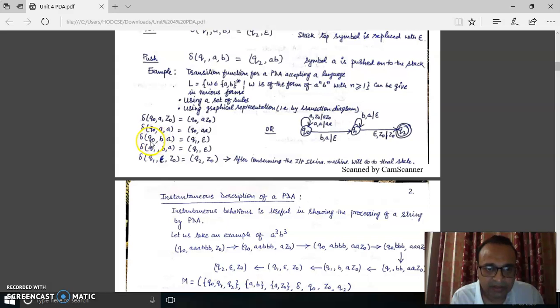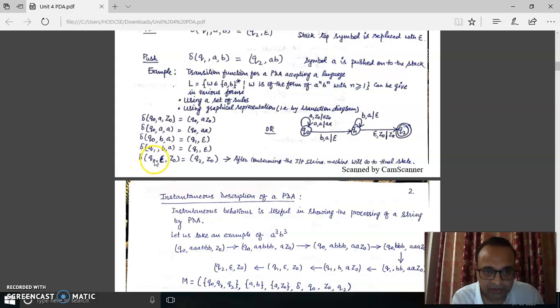It can never happen that we have a transition where the machine is in state q0, B is the input symbol and B is on the top of the stack. That is not possible, because we are pushing only A on the stack, and for each B we are popping A from the stack. Now suppose the machine is in state q1 and B occurs again. Certainly at that time A must be on the top of the stack, and here again we pop those A symbols, staying in the same state, q1.